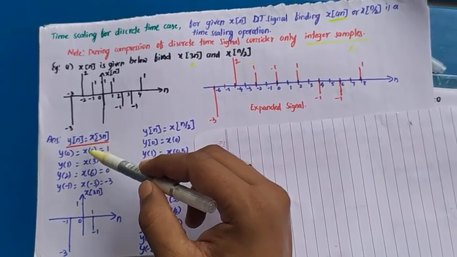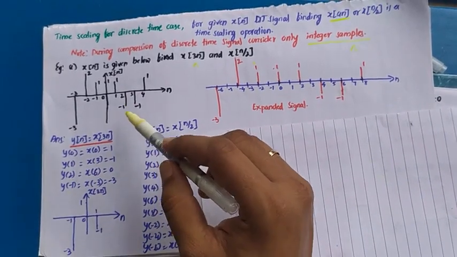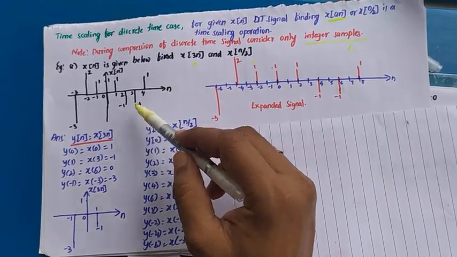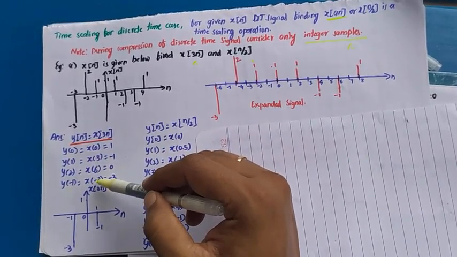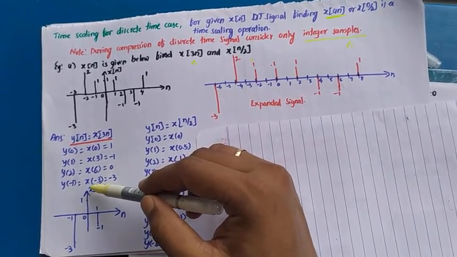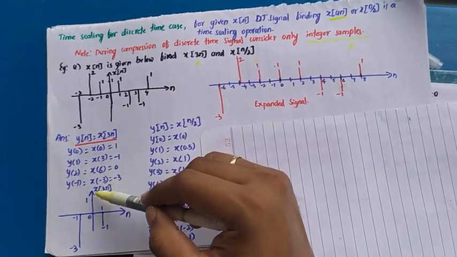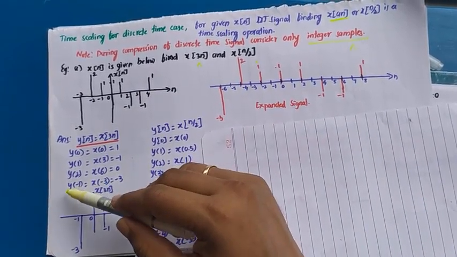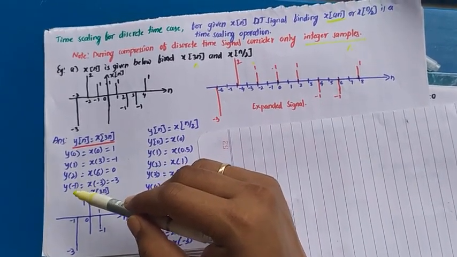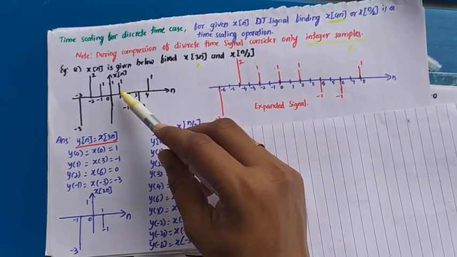Now you can say, if I want to look for all the values of n for x, like we saw in continuous time, where we used to see all the values of t. Here, if we go in reverse, if I want to find out what will be y of n for x of 4, I consider x of 4, then y of n is y of 4 by 3, right, which is 1.3 or something like that. So we will not be taking those values there.